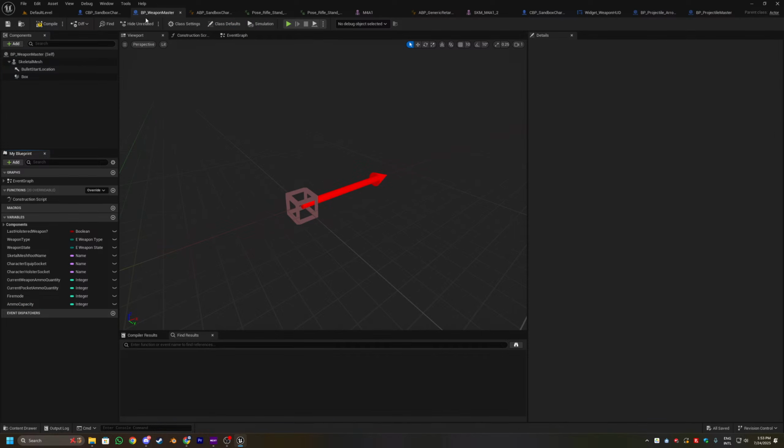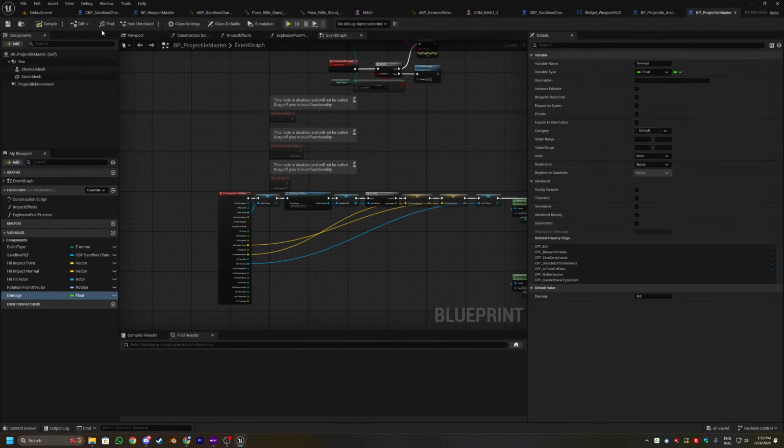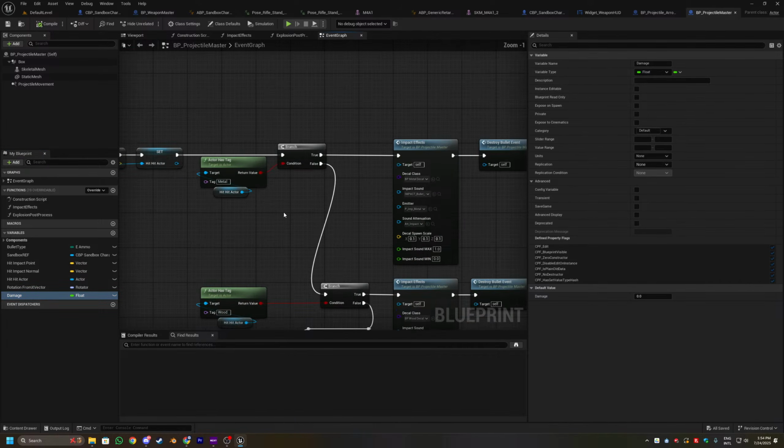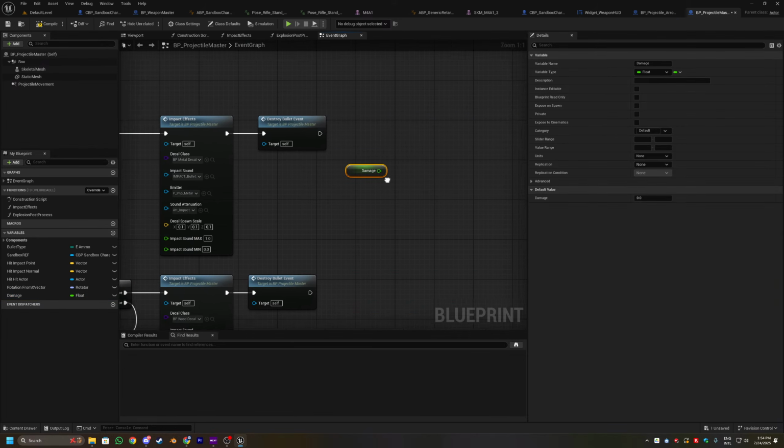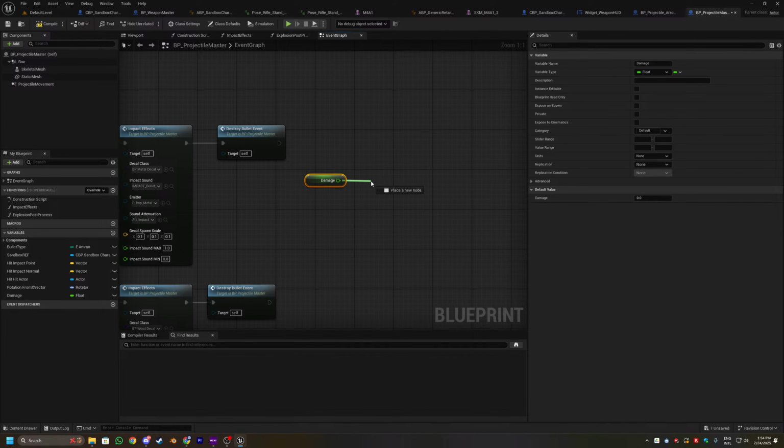You could either do it in the weapon master, so it's going to depend on what type of weapon you use. Or I think the most ideal would be in the projectile master, because you're dealing with the projectiles. So it could be like either handling bullets or arrows. So you could do it on the projectile master. And then from here you can decide what kind of damage you want to get. Let's say you want to get a